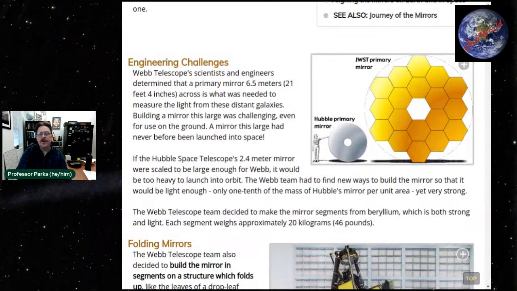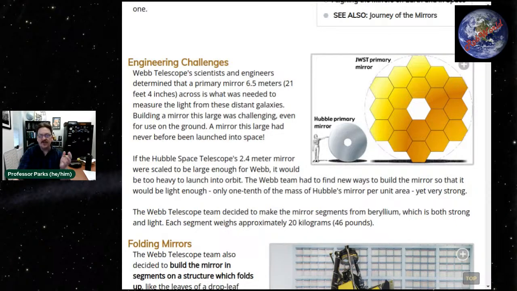All right. So, here we have an example of, again, the Hubble mirror and the JWST mirror. The Hubble mirror was roughly around 2 meters in size, or 2.5 meters in size, and it was a solid piece of glass, single piece of glass. The JWST is roughly 6.5 meters in size, and is what we refer to as a segmented mirror. So it is now easier, or more cost-effective, shall we say, to build a large mirror by building smaller segments and then putting them together like a honeycomb.